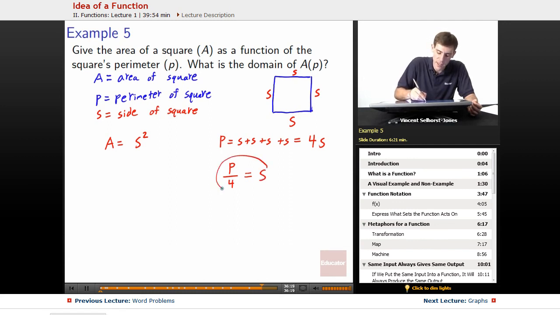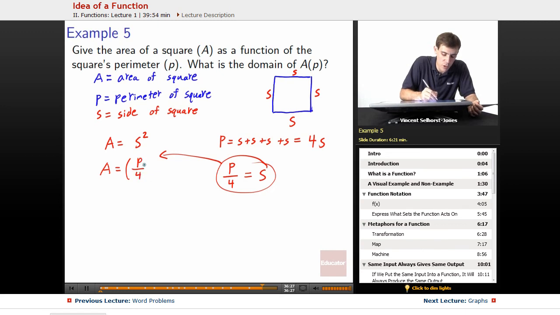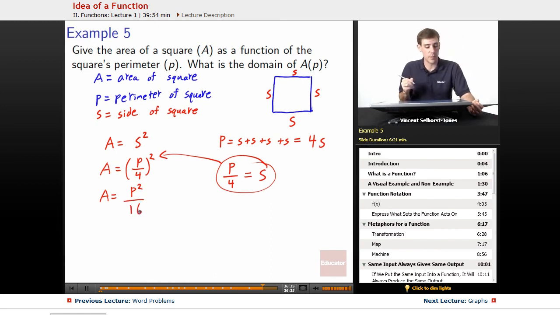Now we can take this and plug it in here. So area equals, since we're substituting, we do it with parentheses, perimeter over 4 squared. Area equals perimeter squared over 16. We have to square the top and the bottom. And there we are. We can think of area equals perimeter squared over 16 as a function because it only